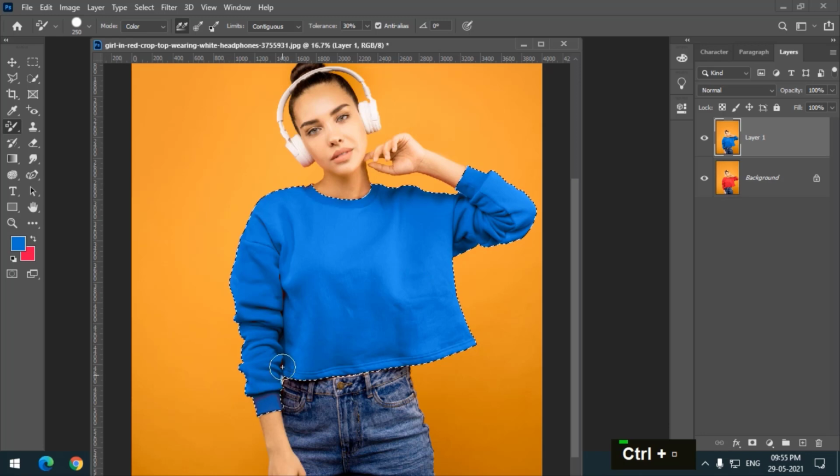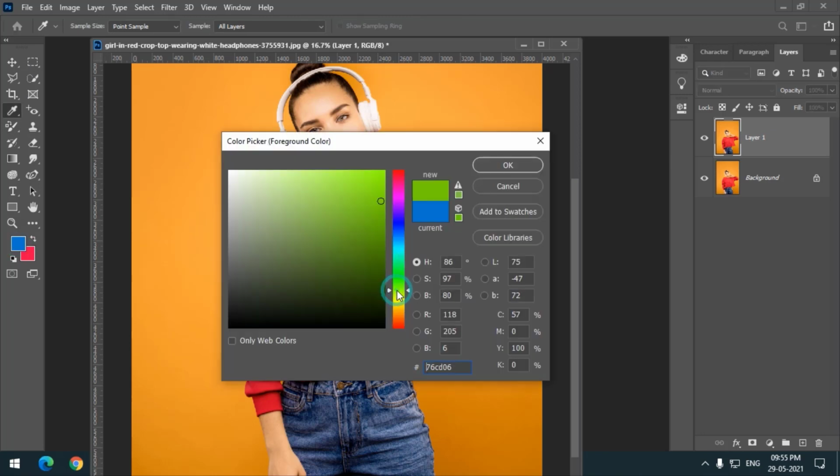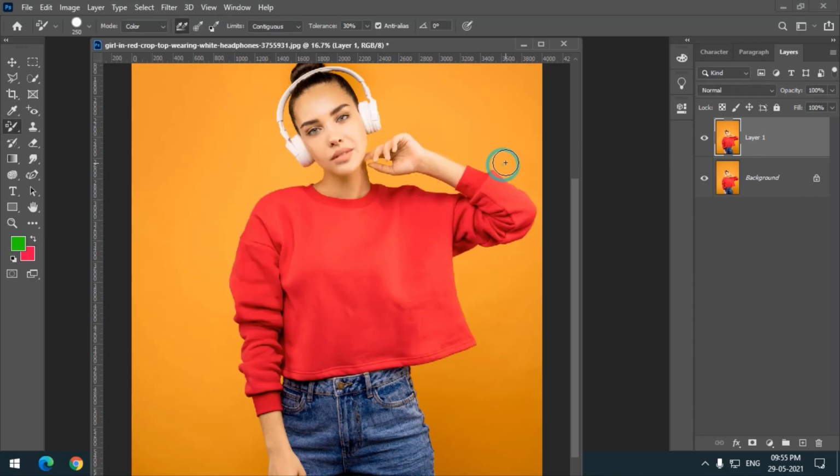So this area doesn't look that good, but overall looks pretty good to me. This is before, this is after. Looks pretty good. It has done a very cool job. So let me undo this, or let me just remove this, or again I'll press Ctrl J to duplicate the layer. Instead of blue color, I will select some other color. Let's say I select the green color. Again, I will select the area which I want.